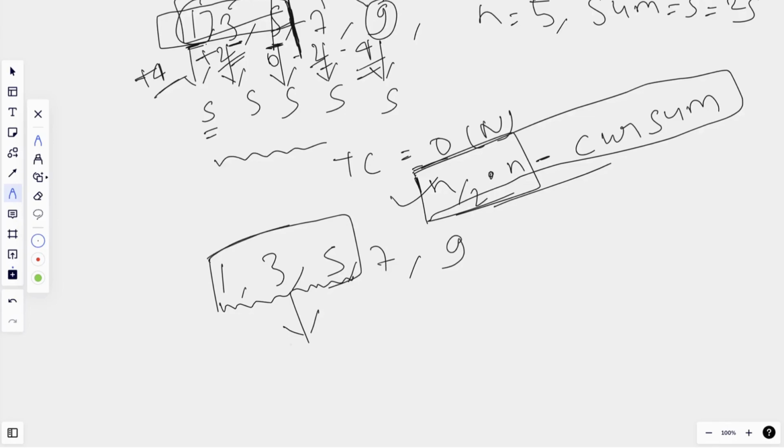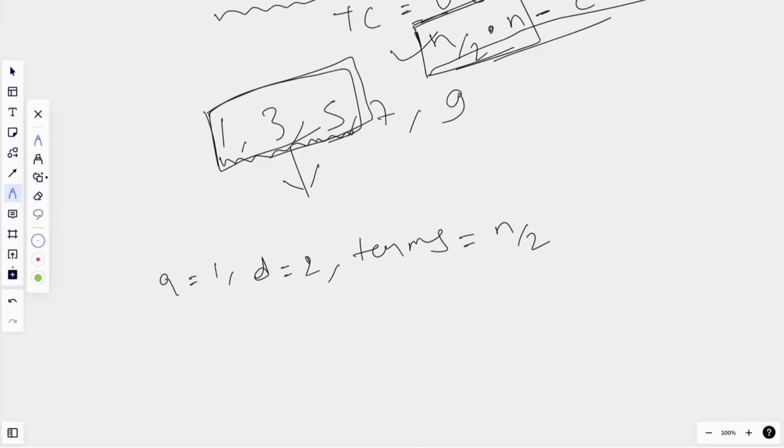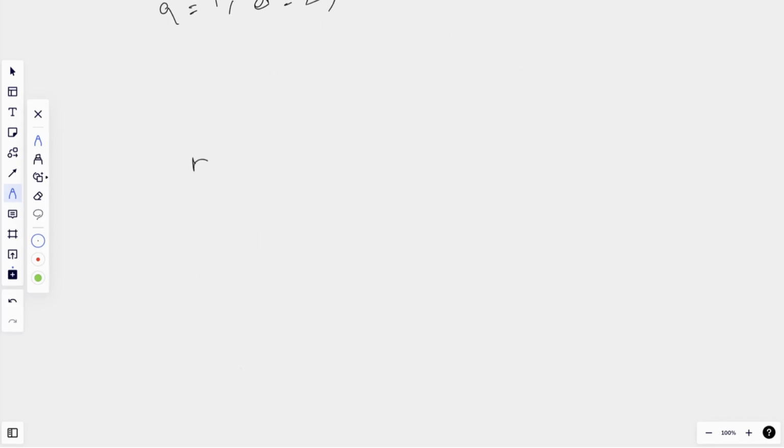And we can find the current sum till n by 2 easily because this is also an AP where A is equal to 1, the common difference D is 2, and the number of terms is n by 2. So if we apply the same formula that we used earlier, our AP sum will be n by 2 into 2A plus n by 2 minus 1 into D, which is 2.